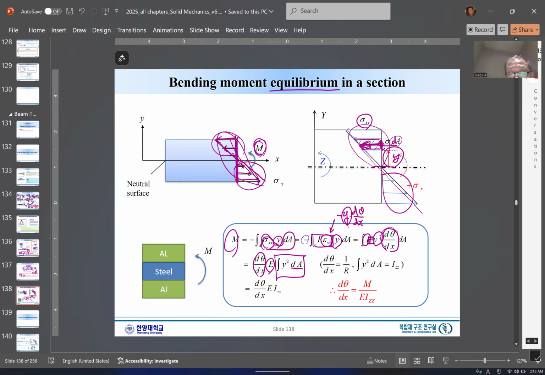Now y squared dA is what? Geometrically, it is known as the moment of inertia, IZZ. And d theta dx, we already went through this one. This is given as 1 over r. Anyhow,